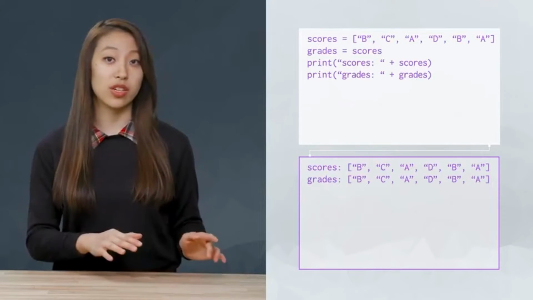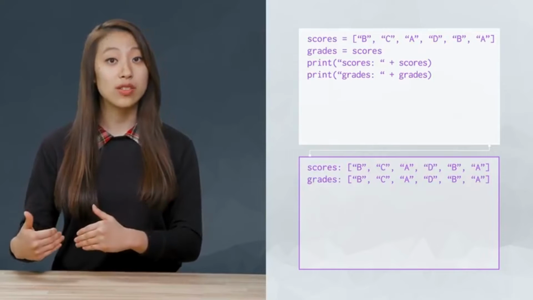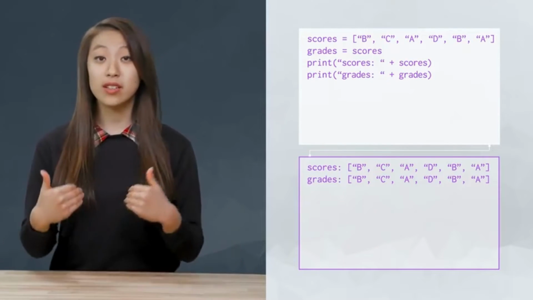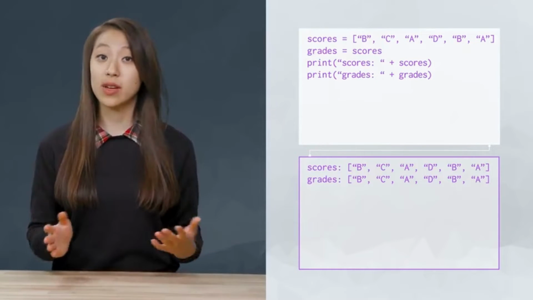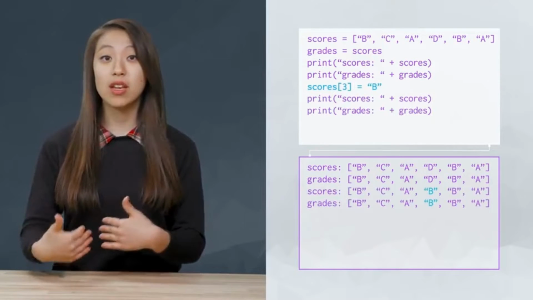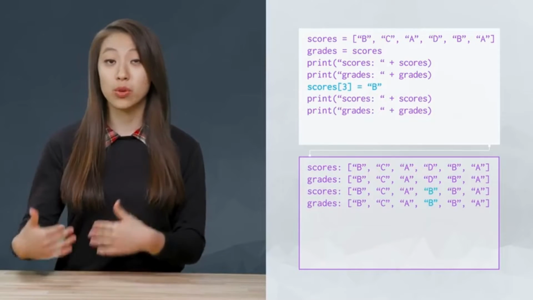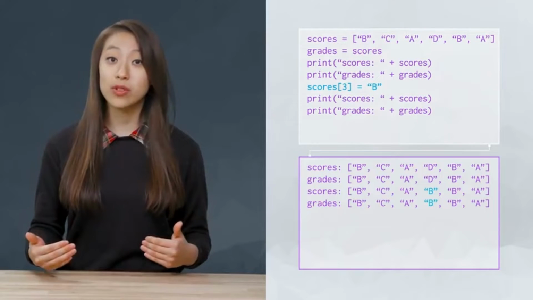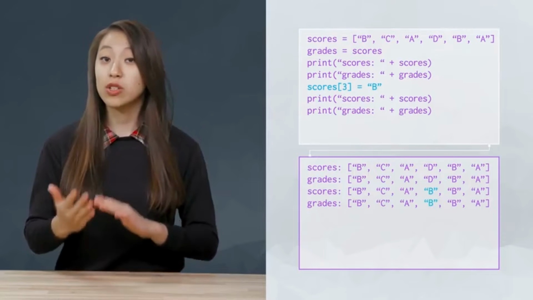Lists are different from strings as they are mutable. Here, we create a list of scores and assign this same list to the variable grades. B, C, A, D, B, A. Six of them. And when we change or mutate the scores list, making the 4th grade B instead of D, this affects both scores and grades. Both scores and grades are variable names for the same underlying list, and either name can be used to access